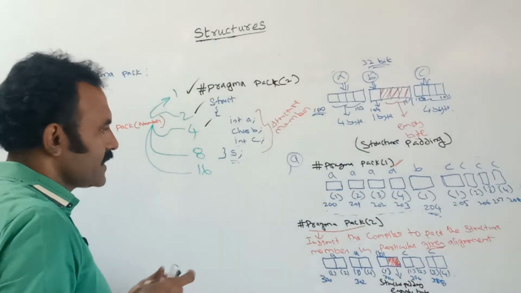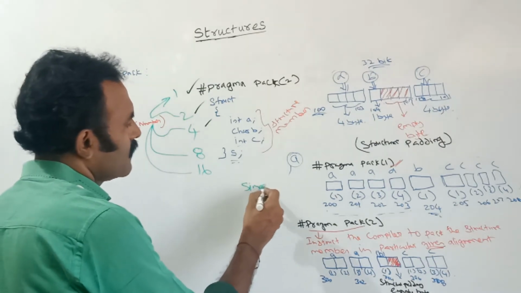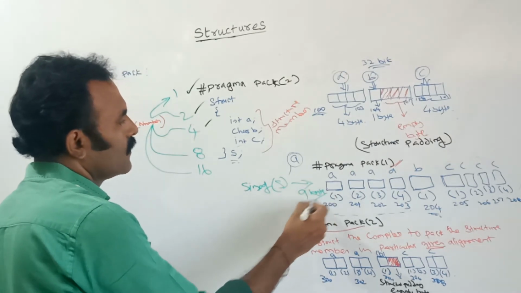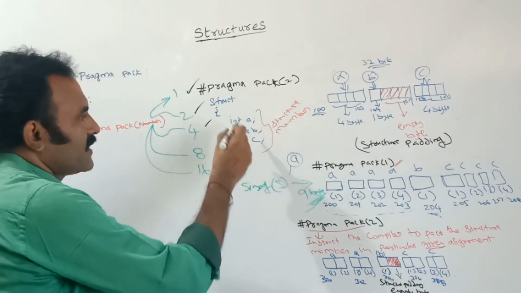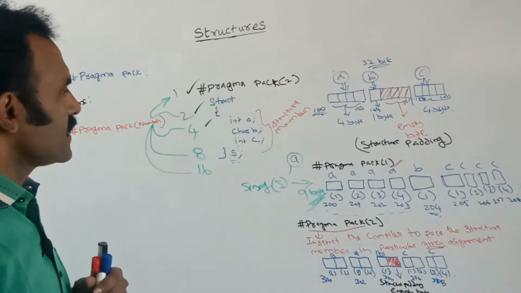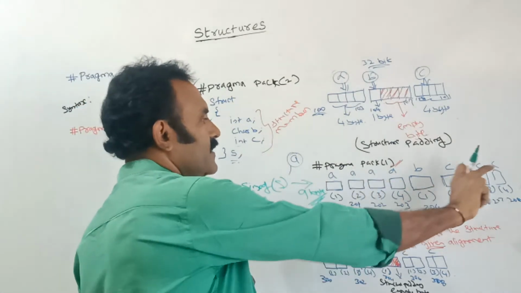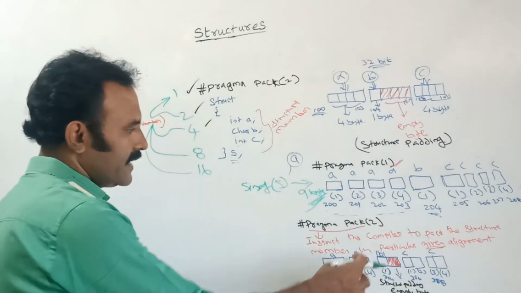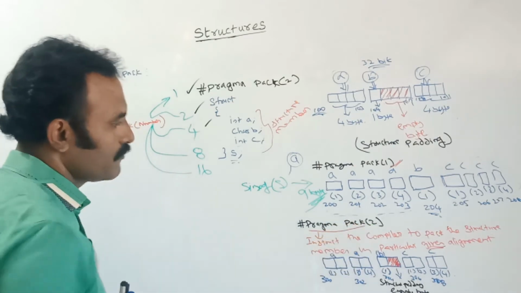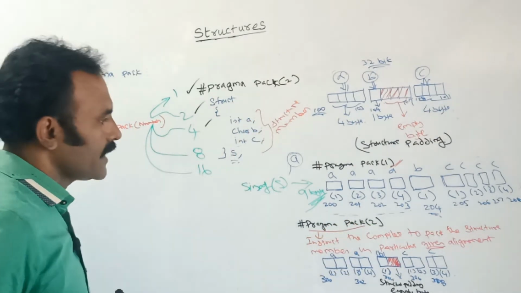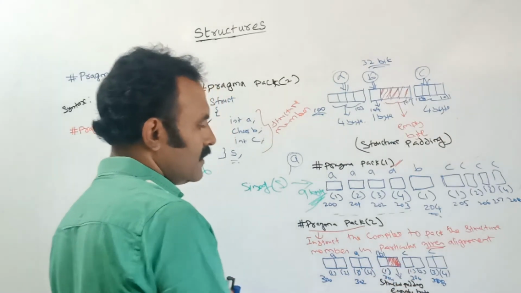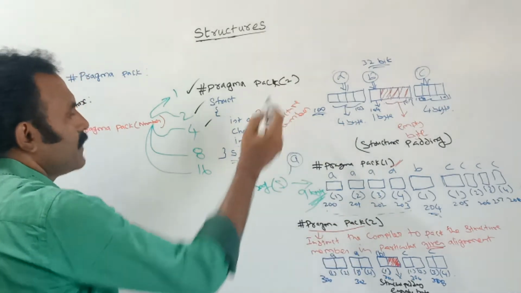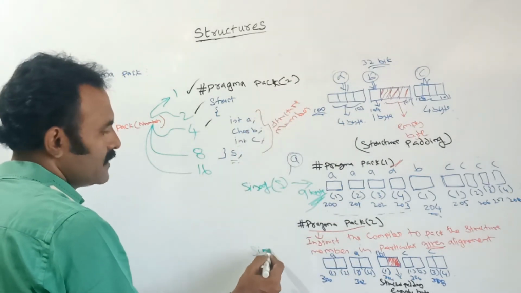Suppose you are finding the size of this S here, this is 9 bytes. The accurate bytes are whatever data types are used inside the structure, only those data type bytes it will show. See here, the padding starts from pack of 2. If you are using pack of 2 with the character data type, then structure padding will occur. So suppose after using pack of 2, you want to find the size of the